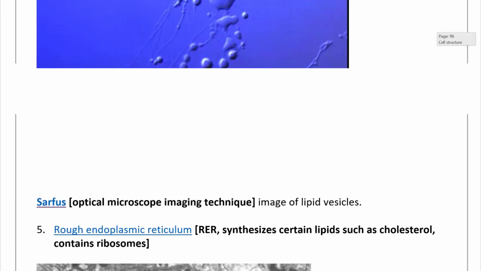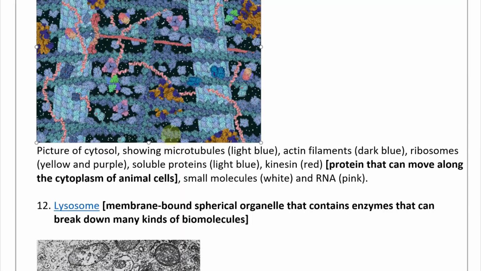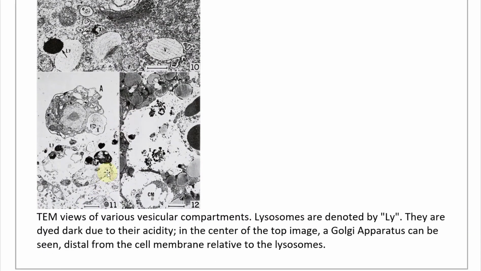So now let's go back to number 12. All the way to number 12. So number 12 is right here, the lysosome. So here's a TEM, transmission electron microscope, views of various vesicular compartments. Lysosomes are denoted by LY. They are dyed dark blue due to their acidity. In the center of the top image, a Golgi apparatus can be seen distal from the cell membrane relative to